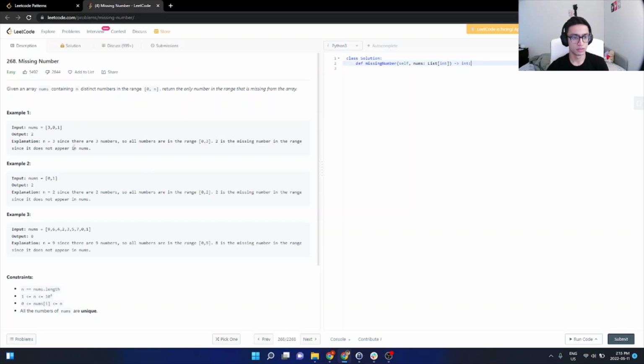Obviously, one thing we could do is to sort it. Python has a dot sort, but even just sorting results in an n log n big O time, I believe. The fastest sort we could have would still be n log n. And that could work, but it might not be the most optimal way to do this. So another way we can do this